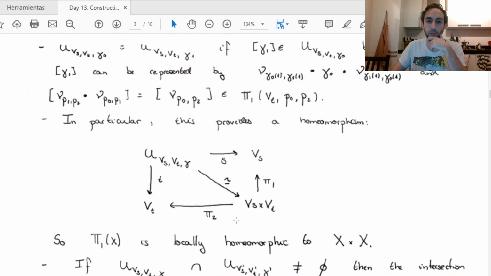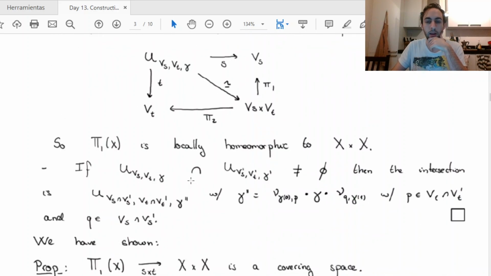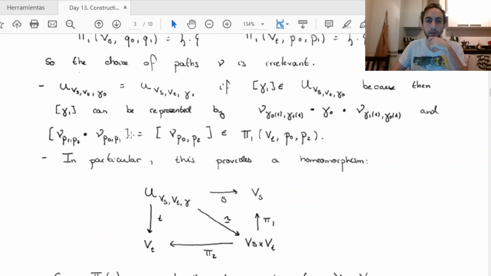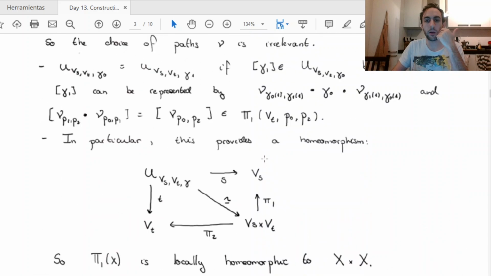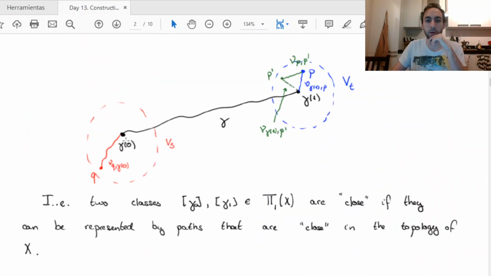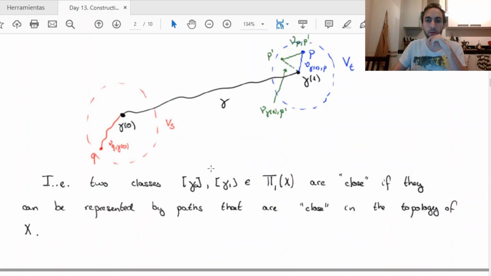So this again supports what I'm saying here, that a neighborhood looks like a neighborhood in the product. And this claim 2 also almost immediately implies claim 4, which is the following. If you give me two opens, U of Vs, Vt, gamma intersected with U of Vs prime, Vt prime, gamma prime, and these are disjoint, then how does this happen? This happens if you have gamma, you have the two neighborhoods, and then gamma prime has to be something that also